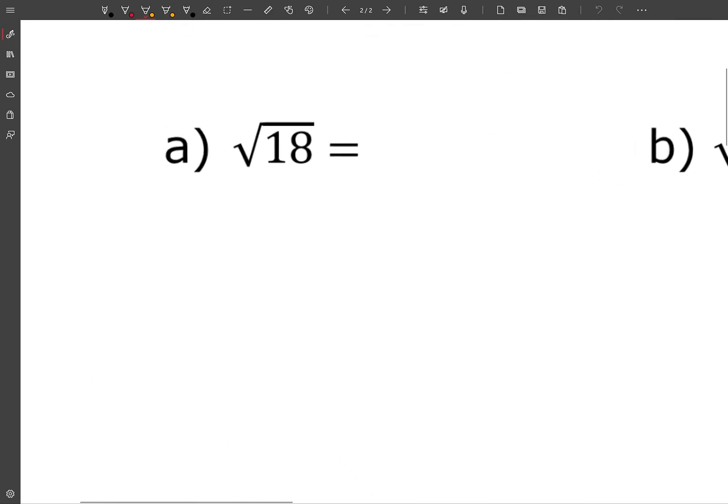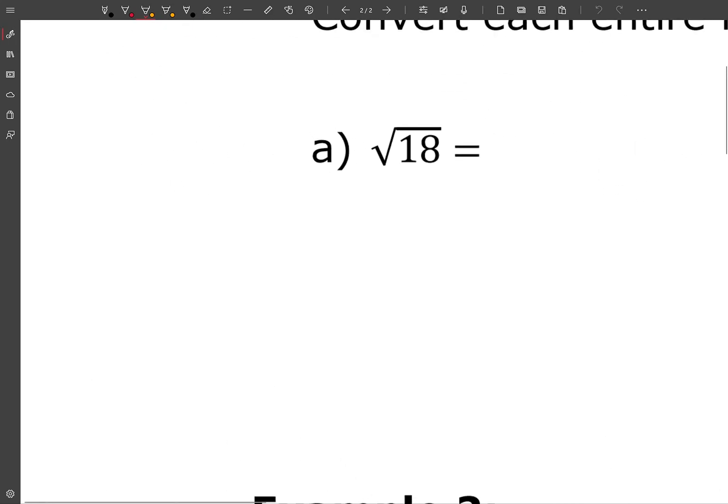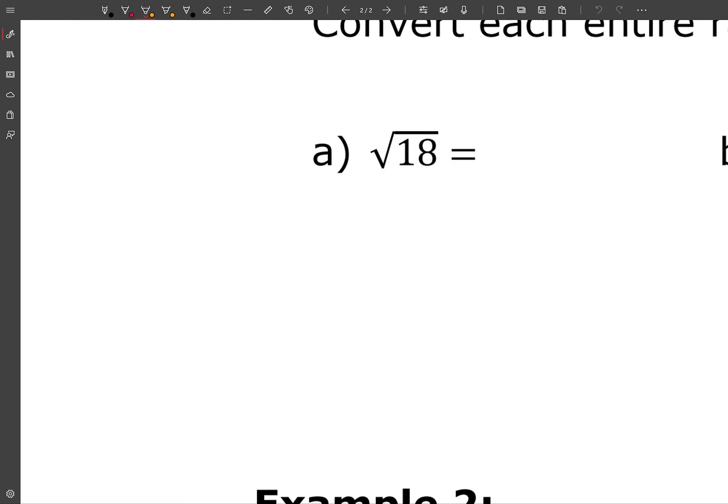So let's actually start working with some radicals. We're going to start over here with the square root of 18. Now, there's a couple of ways you can approach problems like this. One way you can do it is to actually break the number down into its prime factorization. So if we were to prime factorize this, it would be 3 times 3 times 2. Now that we have it as 3 times 3 times 2, we can look for pairs. Because the index of this radical, remember, if there's nothing there, there's automatically a little 2. Because the index is 2, we're basically looking for pairs that we can pull out. So I have a pair of 3s. In order to pull those out,